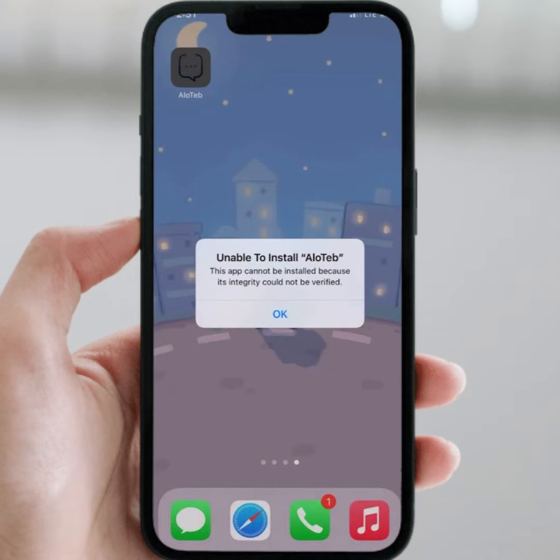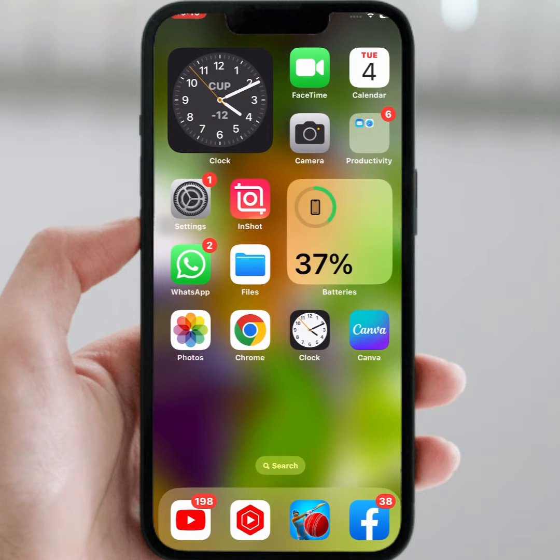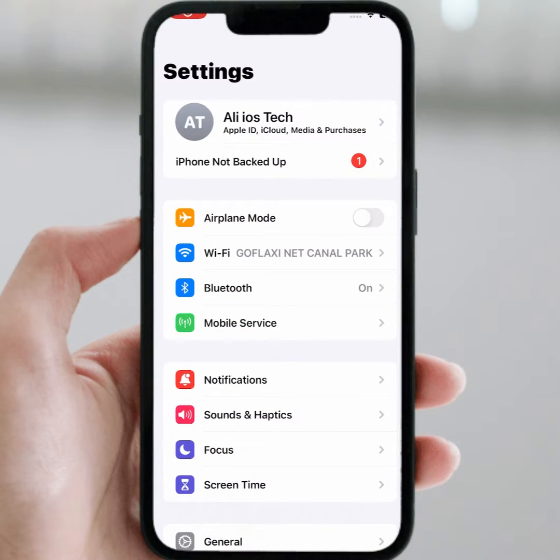In this video I'm going to show you how to fix this type of error, unable to install app on iOS 17 and 16. If you face this type of error, how to fix it? First of all, go back to your home screen and open your iPhone and iPad settings, then tap on Wi-Fi and